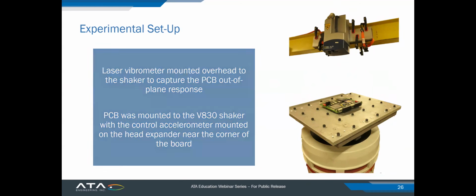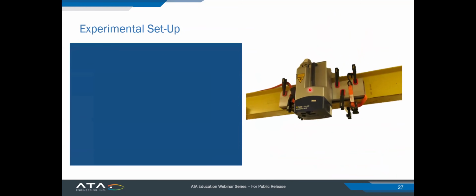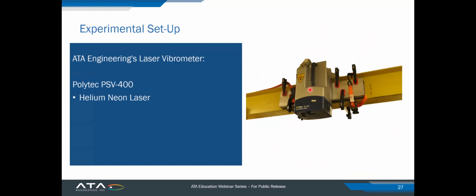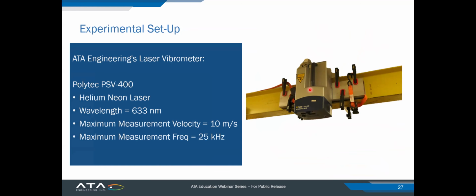A little bit of information about our laser vibrometer here at ATA. We have the Polytec PSV-400 system. It has a helium neon laser with a wavelength of 633 nanometers. Our vibrometer can measure up to 10 meters per second of velocity, and our maximum frequency is 25 kilohertz for most noise and vibration